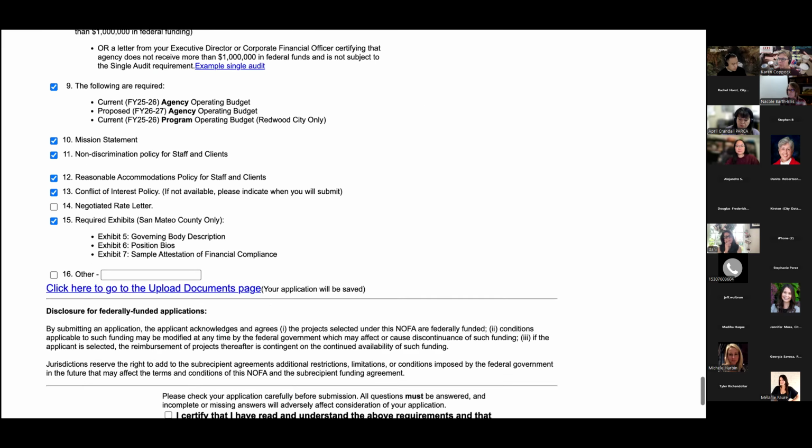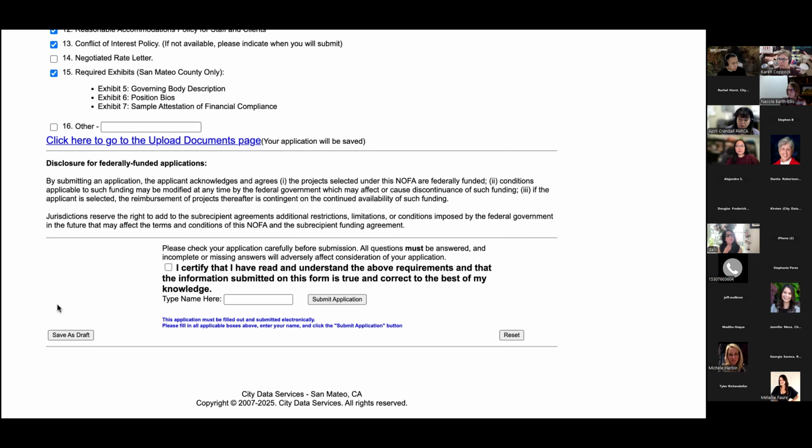Alrighty, great. Down at the bottom, we do have a Save as Draft button. Like I said, we have the Save and Continue buttons throughout the application, which you should click, or you can come down to the bottom and click Save as Draft. Both work. Both will save as a draft. Both will save all of your work. Once you're ready to submit your application, you have the disclosure you've got to read through.